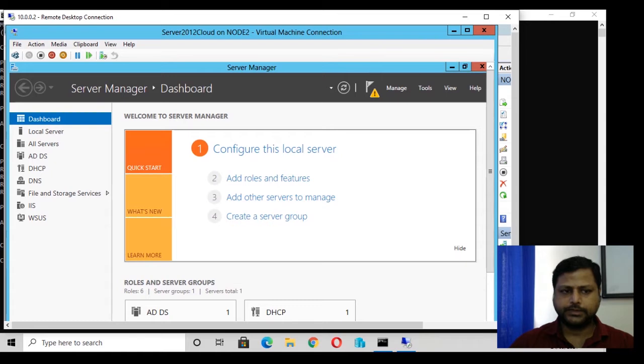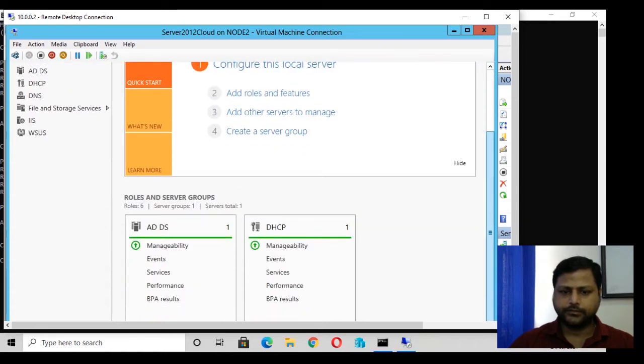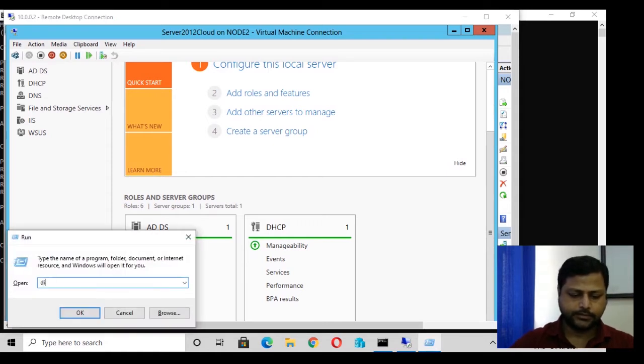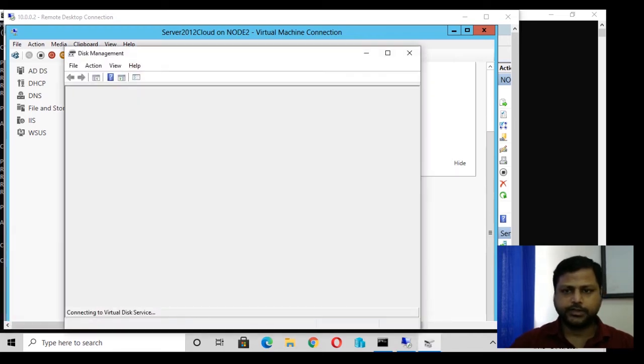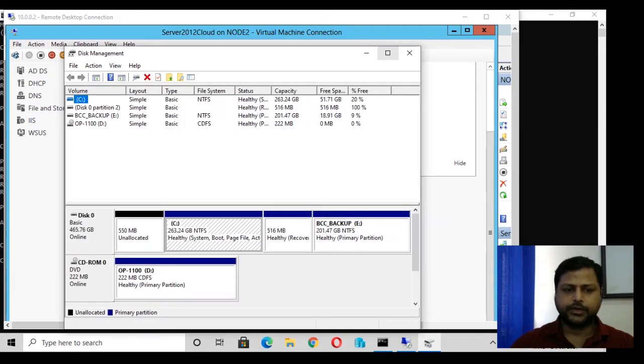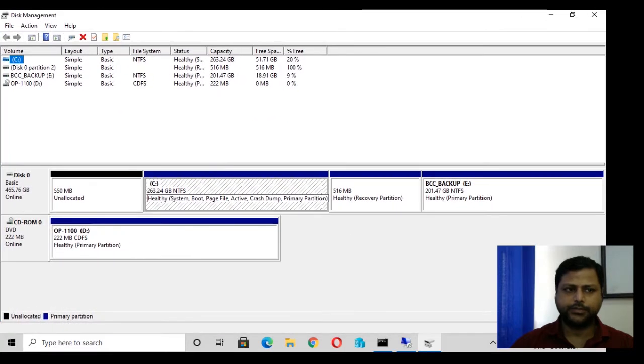So now we will see the disk configuration. For the disk configuration, we'll move to the disk management. So we'll go for start, run, diskmgmt.msc. It will prompt me to the disk configuration tab, and we will take one disk so that we will configure here as a basic disk configuration, because there are two configurations here. One is called basic disk and second one is called dynamic disk. So we are going to configure the basic disk here.